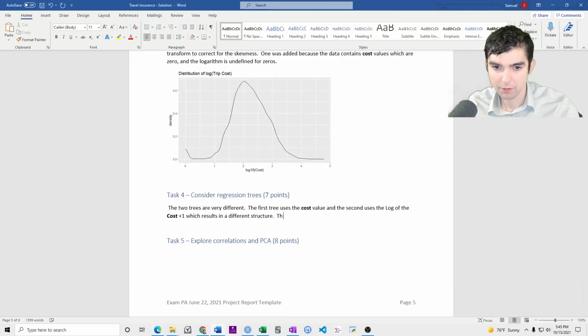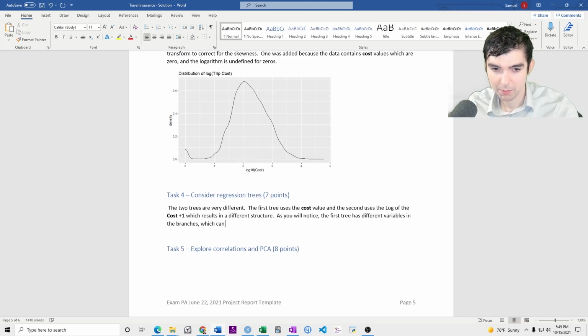As you can notice, the first tree has different variables in the branches, which can be seen in the diagram.